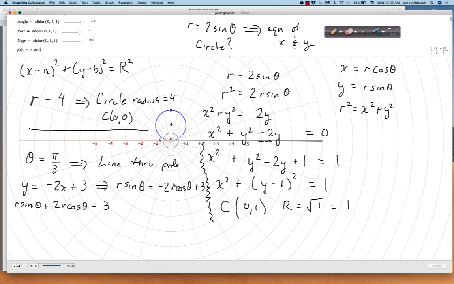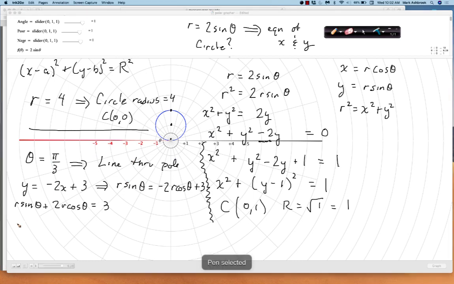I added positive 2r cosine theta to both sides. I can factor out an r. And then I get r as a function of theta, so r equals something all in terms of theta: 3 over